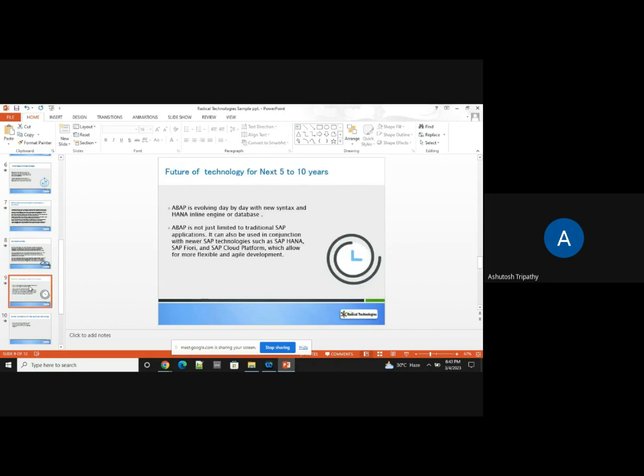Now, what is the future of this technology? It's evolving every day. With the coming of the HANA in-line engine or HANA database, new syntaxes are coming up in ABAP. And as an ABAPer, SAP is basically expecting every ABAP consultant to be aware of the HANA concept, because HANA is very widely popular nowadays in the market.